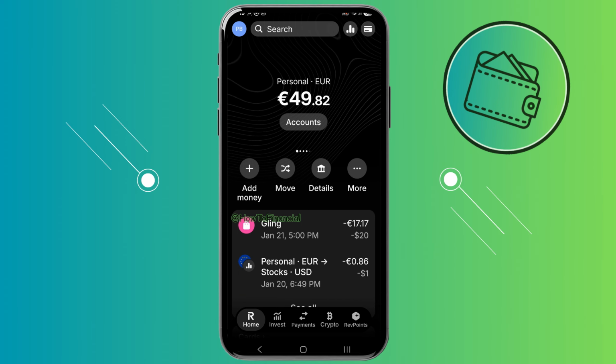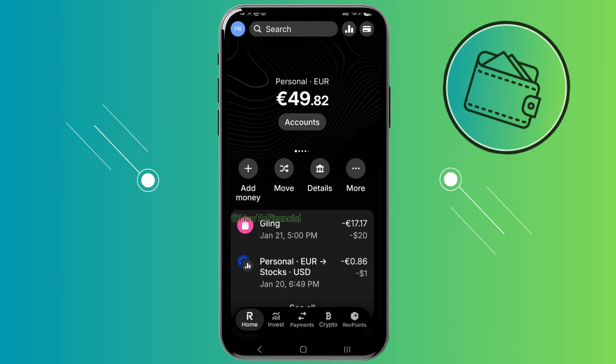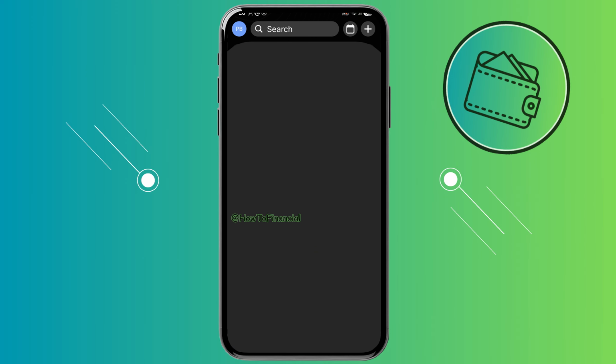So to scan a QR code on the Revolut app, first off, once you log in to your Revolut account, you will be on your default homepage. So from here, to scan a QR code, just go ahead and tap on the payment section right here in the middle. From there, you will see all the people that you sent money to previously,